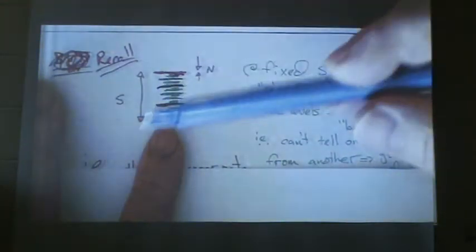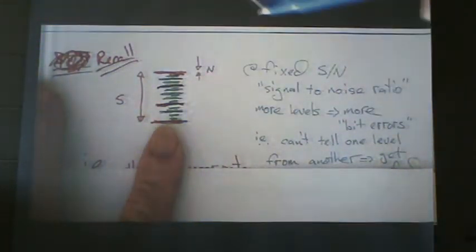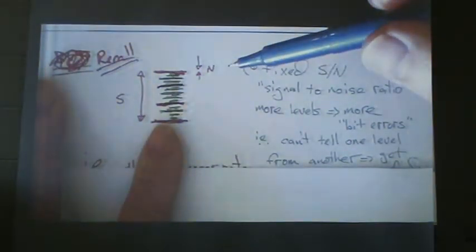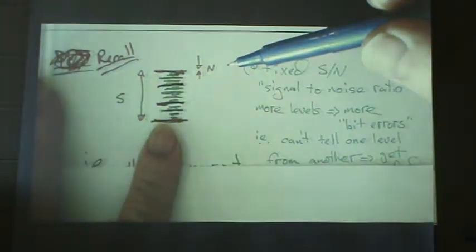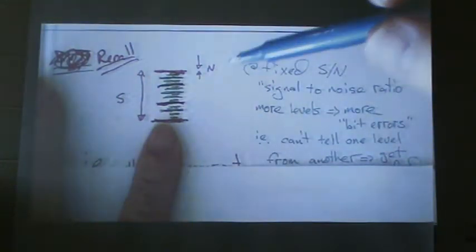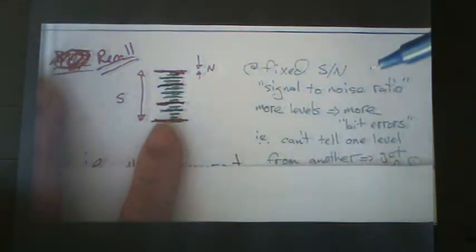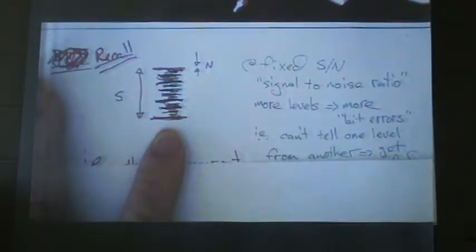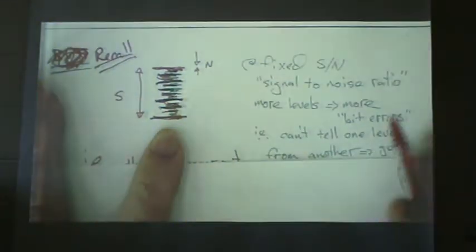And of course we'd love to boost up the signal, but you run into nonlinearities. Of course, reducing noise is always a good thing, but how are you going to reduce it? If it's thermal noise, you have to cool things, and that's very expensive. So at some fixed signal to noise ratio, putting in more and more levels is going to cause more and more bit errors. I start to get confused, right? When I cram all these extra levels in here, what's happening? I can't tell one from the other, and I start to make mistakes, right? So,